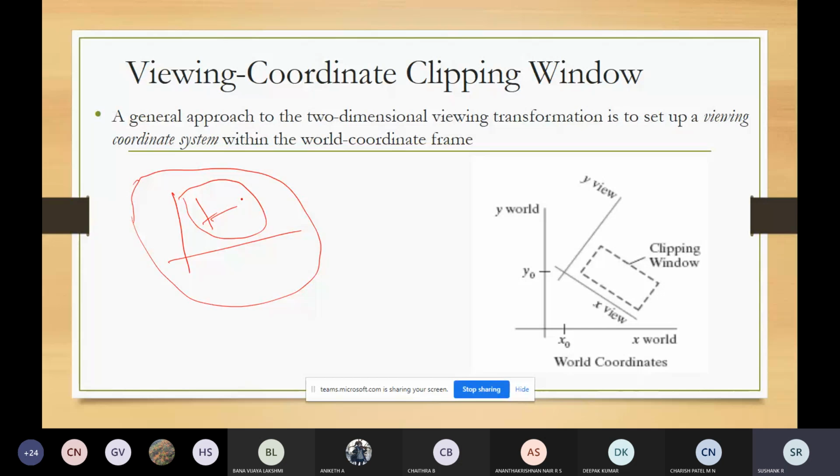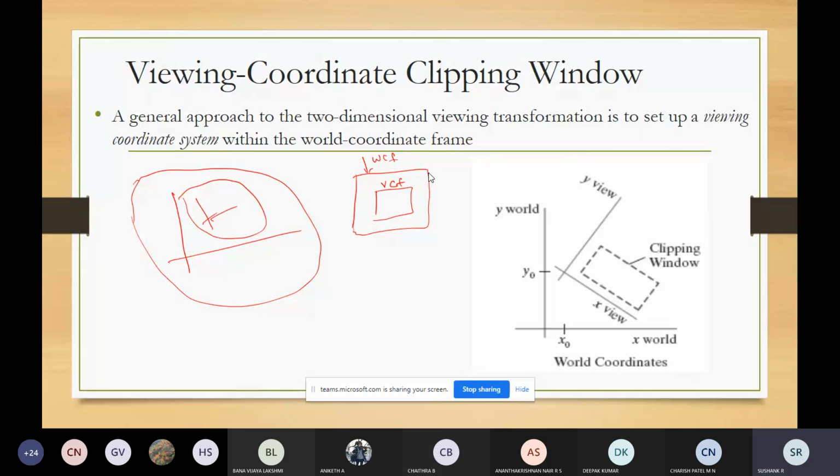The general approach for 2D viewing transformation is to set up a viewing coordinate system within the world coordinate frame. Actually there is a world coordinate frame, and within that frame you are using the viewing coordinate frame.